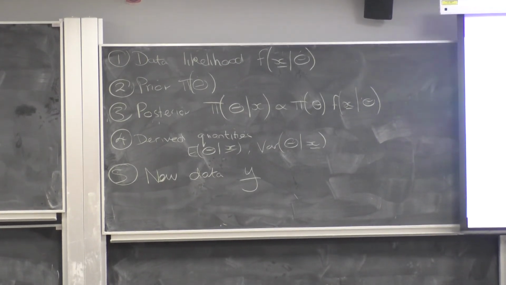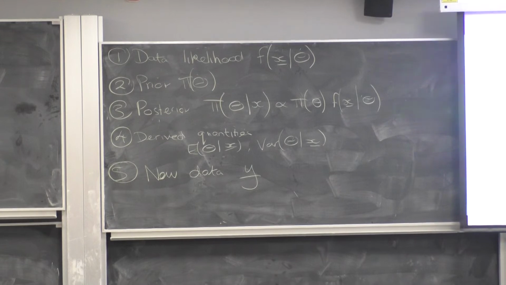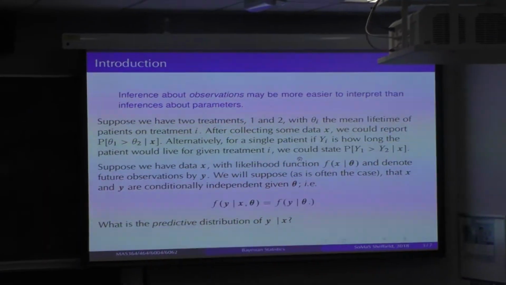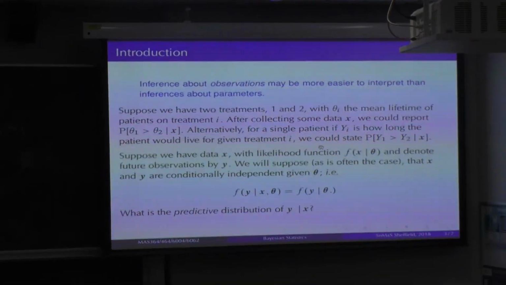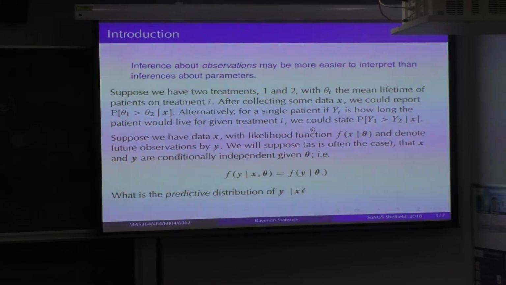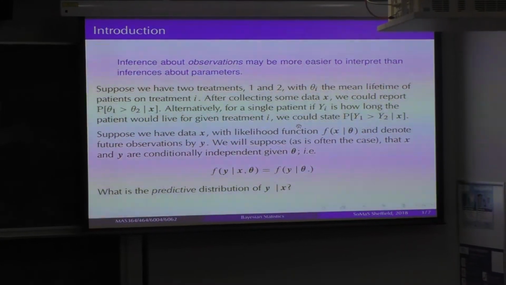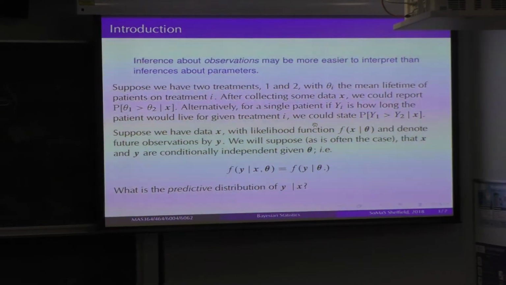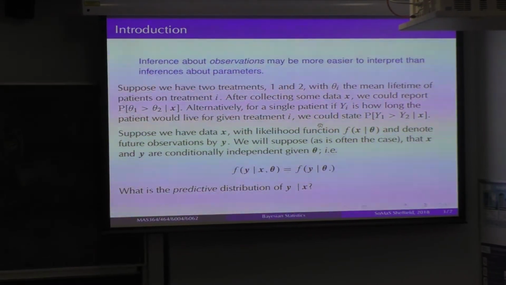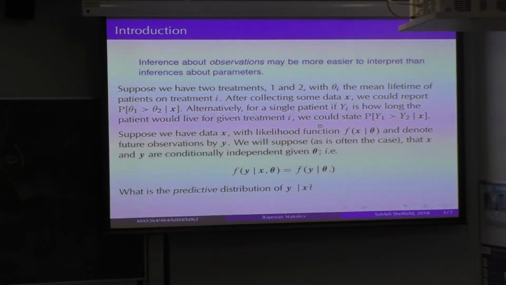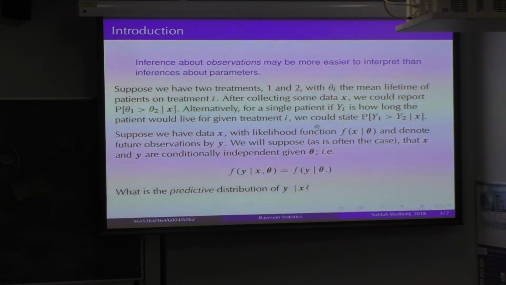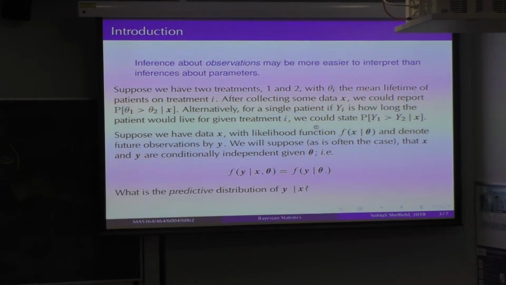So if we have 2 treatments, 1 and 2, and we've got this theta being this parameter to do with the mean lifetime of people on these 2 different treatments. And you can get some data X, like we have done in all the examples that we've done. And then you can do some sort of posterior analysis to learn about what these parameters theta are to do with how long somebody's going to live after these 2 treatments. But